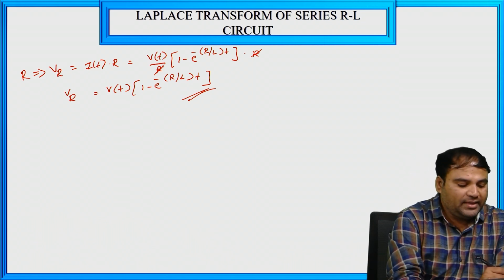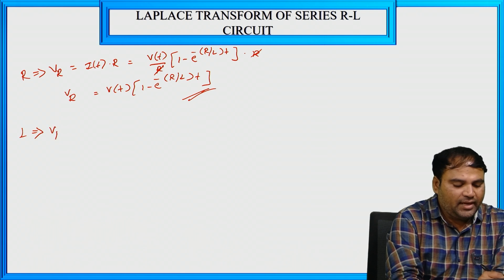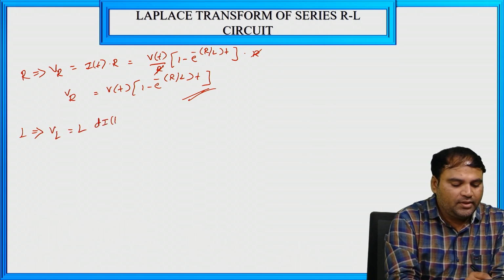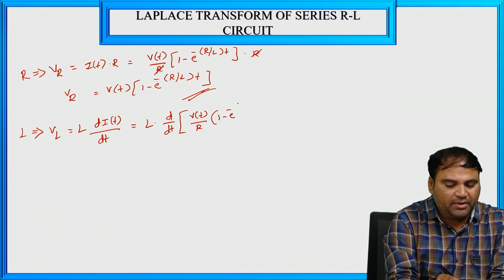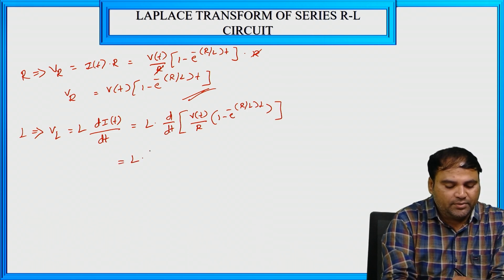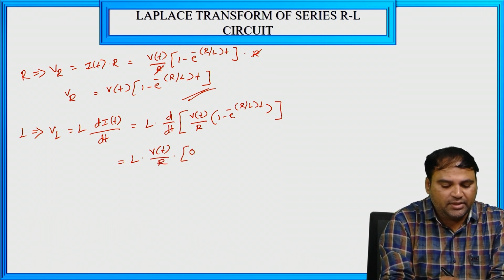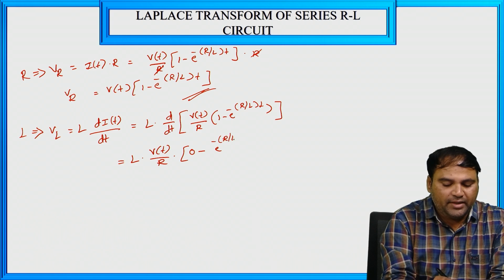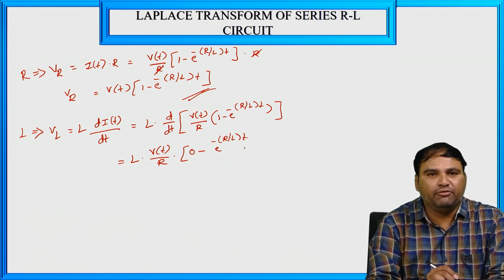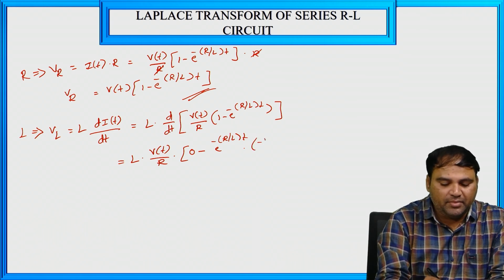Now for the inductor, the inductor equation is VL equal to L into di of t divided by dt, that is equal to L into d by dt of I of t, V of t divided by R into 1 minus e power minus R by L into t, that is equal to L into V of t divided by R, which is constant, into d by dt of 1 minus d by dt of e to the power of minus R by L t, so e to the power of minus R by L into t into d by dt of minus R by L into t is minus R by L,